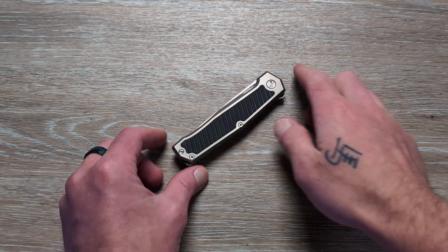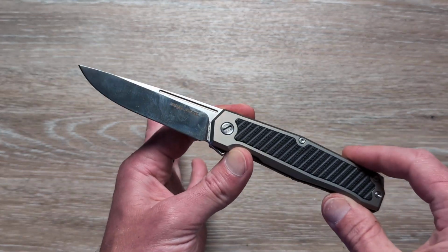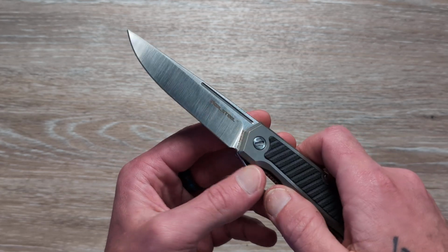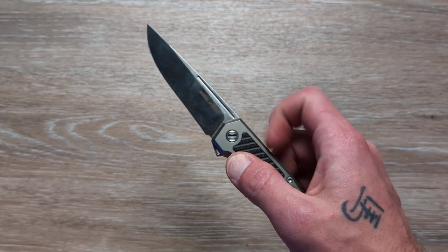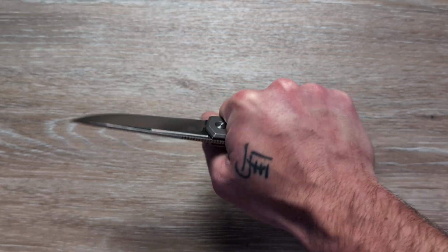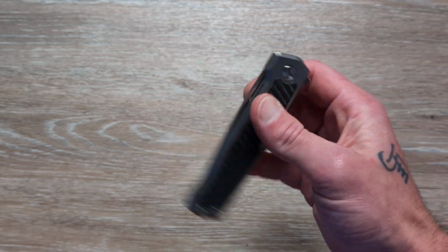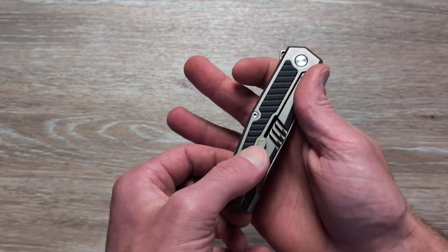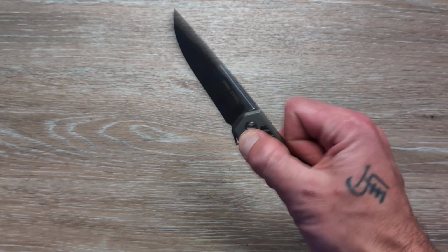Next up, we have the Real Steel Rocot, and this is awesome, guys and gals. S35VN steel, satin finish blade. We have a nice drop point, great, great size on this thing. Definitely a little bit larger of a knife. This comes in right around 140, and that's for a full titanium frame lock, titanium pocket clip, geared tie backspacer,